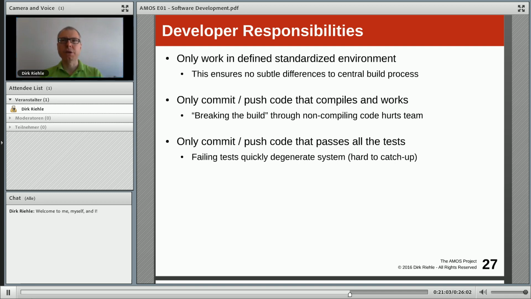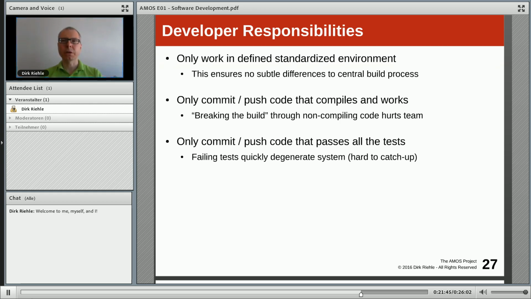Understand that this is the purpose. Don't change the build process to match only your environment. In conjunction with that, you use it to synchronize in the team repeatedly every time you commit or push your code. And as a consequence, you really need to make sure your code works. So in the most basic case, that means it compiles. The idea that you commit non-compiling code is just really bad. Hilarious, but not hilarious to those who actually catch up with the code repository and run into your non-compiling code.